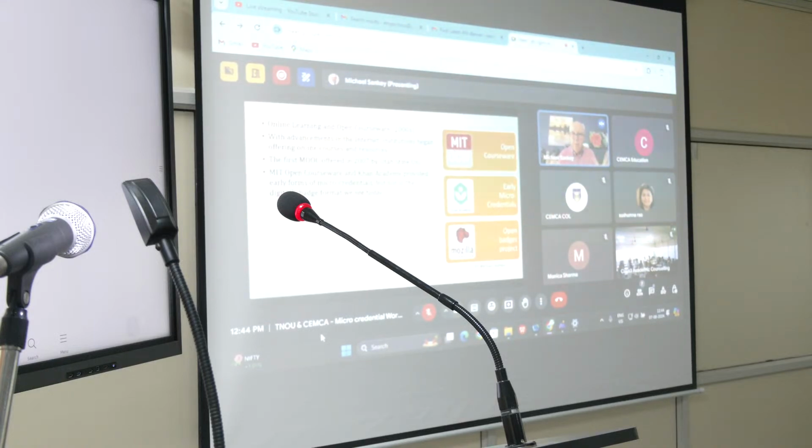They provided very early forms of micro-credentials, but not necessarily digitally badged. They were more certificates they offered, until the Mozilla Open Badge project started in about 2011. And then we started to see the Mozilla Foundation play a pivotal role in developing the badge scenario that could be shared and be validated.